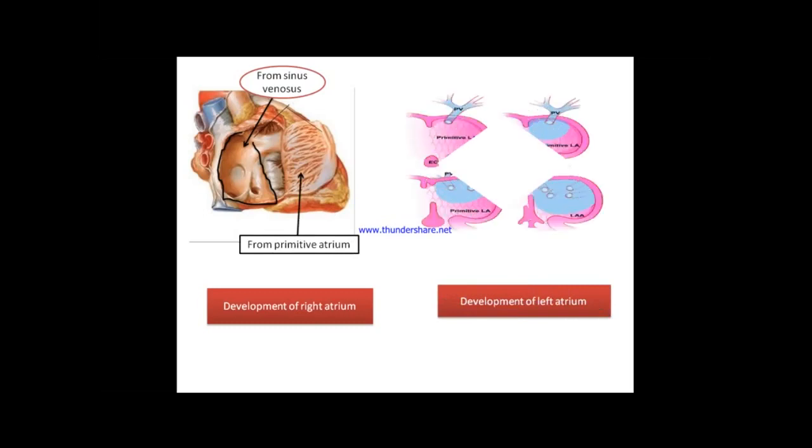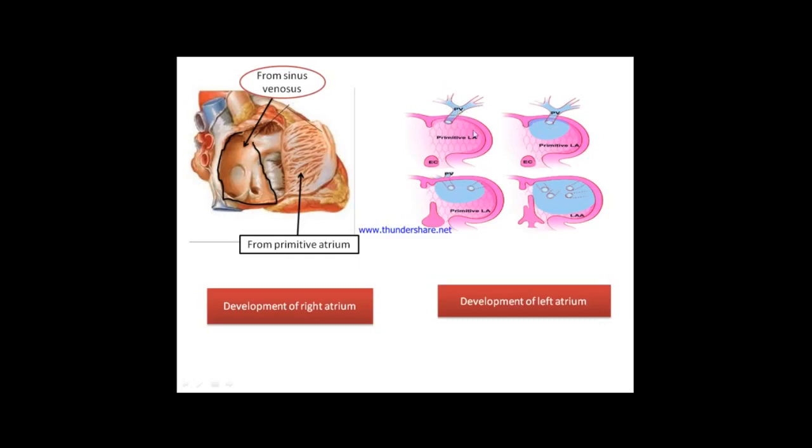Now, development of the left atrium. You can see here we have the rough part. Initially, the posterior wall of the atrium forms the pulmonary vein. This single pulmonary vein divides into two, then each divides into two further divisions, and each of these enters into the right and the left lung buds. There they make anastomosis with the veins within the lungs.